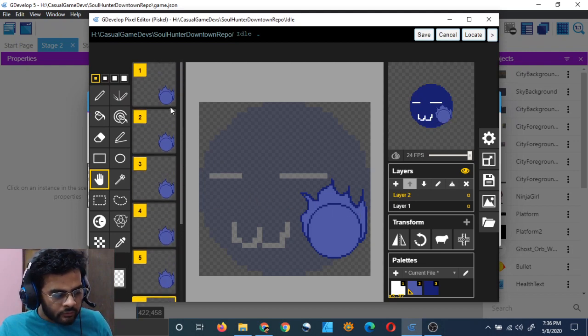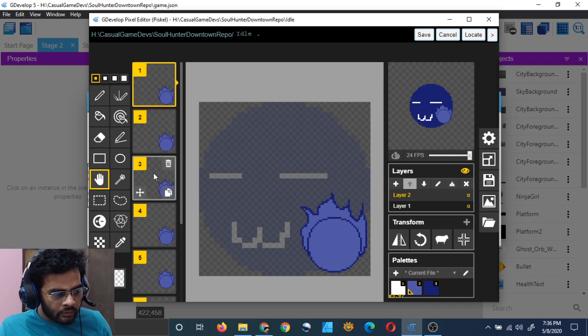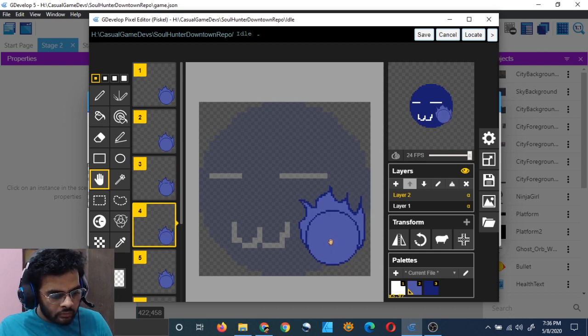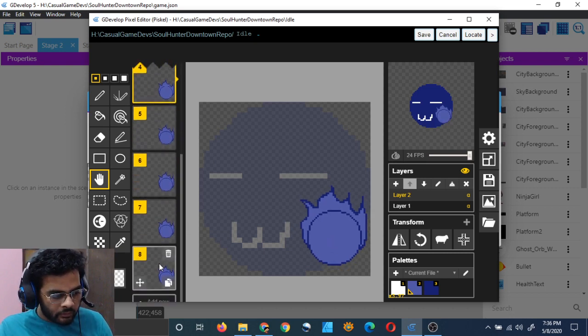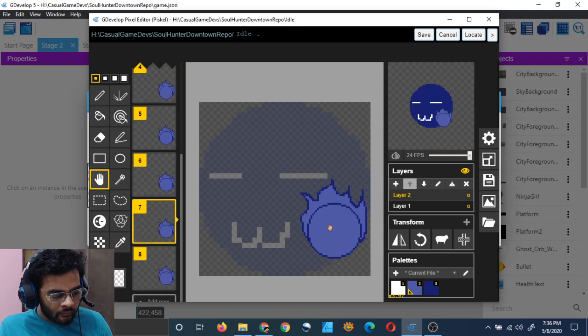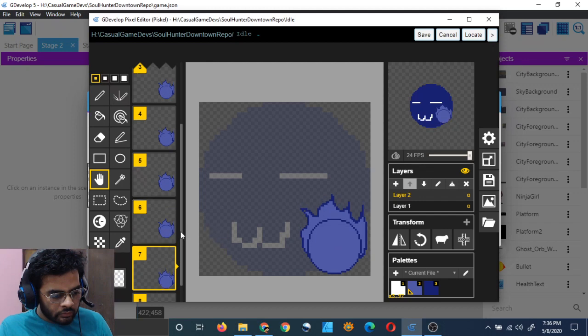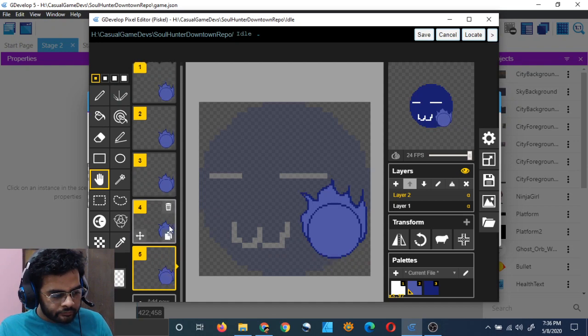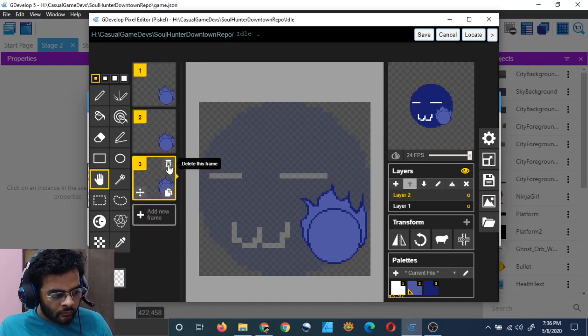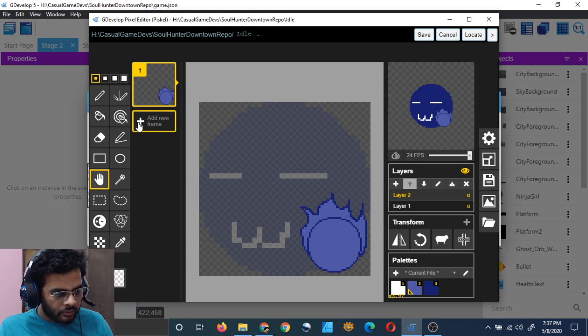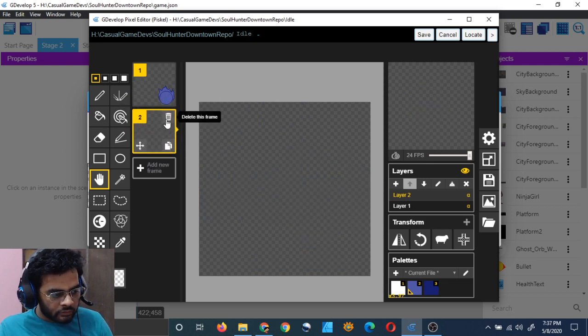It's not looking very smooth. So I believe in this frame I will move it just a bit. I should have done it before, and now it's a little bit. Oh no, it's got messed up. So I will delete them. For the first frame it's okay. For the second frame, wow.